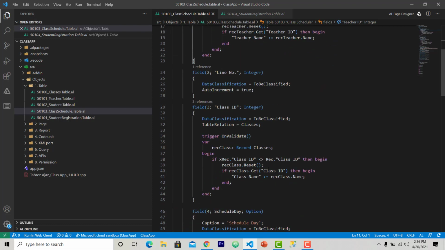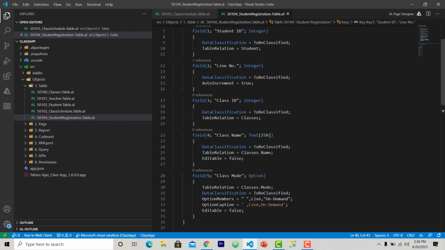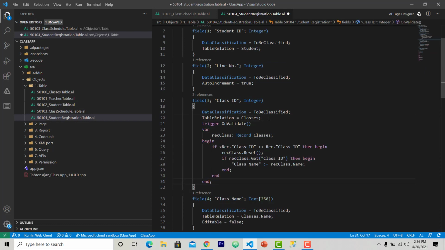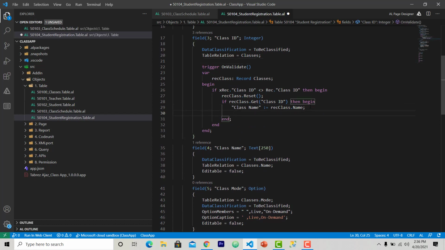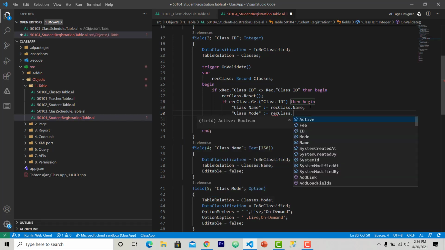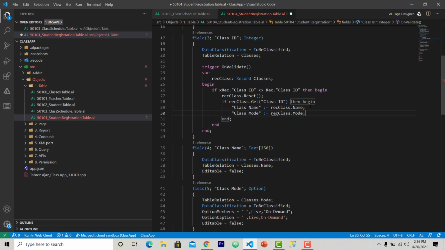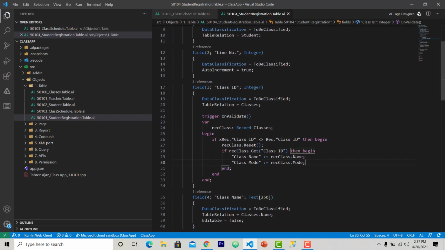To get it, I am going to copy this code, go back to my class ID, set the class name, and also set the class mode. Class mode equal to record class dot mode. That's it. So this is how we can use onValidate.